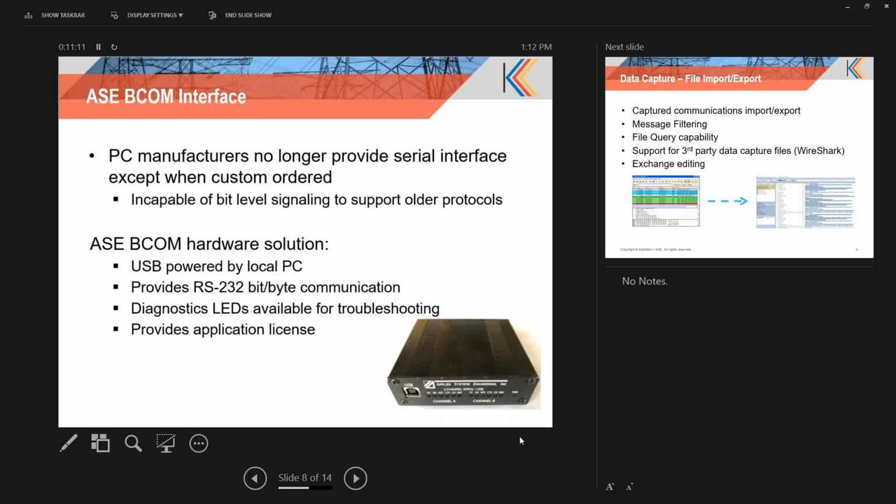serial ports on their machines without a special order. And even if you had a serial port provided on your PC, certain legacy bit protocols are not supported, and you would need a hardware device to emulate proper signaling. It's a USB powered device, supports RS-232. You can utilize an RS-485 adapter, and in addition, we provide diagnostic LEDs, which is instrumental when it comes to